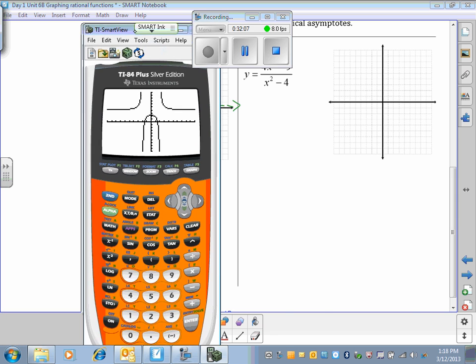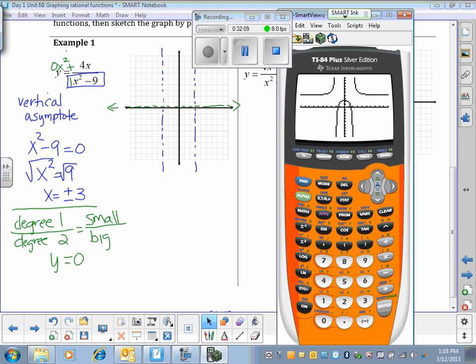So it's really important that you do this: parenthesis, 4x, close the parenthesis, divided by parenthesis again, x squared